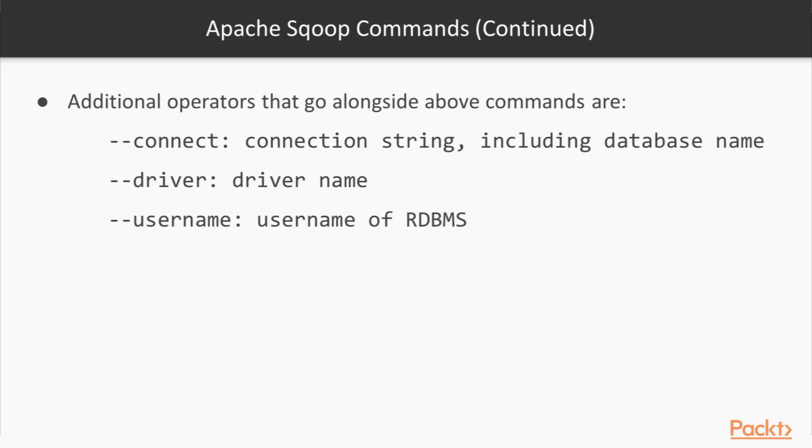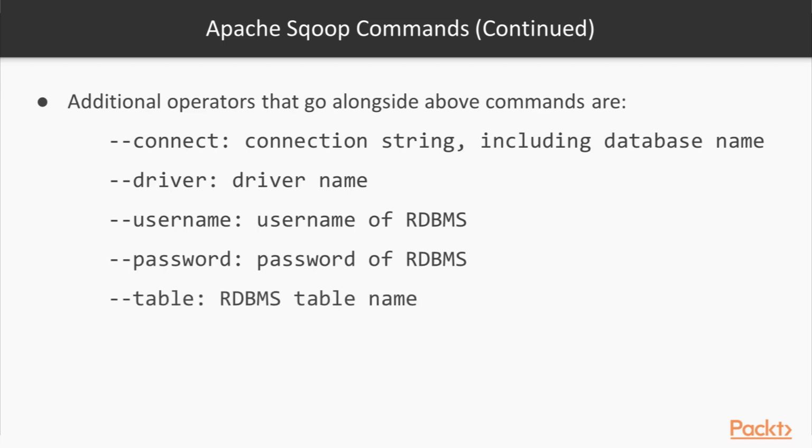The third one is hyphen hyphen username. This comes in when we talk about the secure architecture of an RDBMS system. So unless you provide the username with which you want to access the particular RDBMS database, you won't be able to access it. Username goes with password, so that also you have to pass. And the last one that I would recommend going through is hyphen hyphen table, which contains the table name in the RDBMS system, in the particular database for which you have given the connection string. So these are the basic commands in Sqoop. Now that we have seen what, why and basic commands,